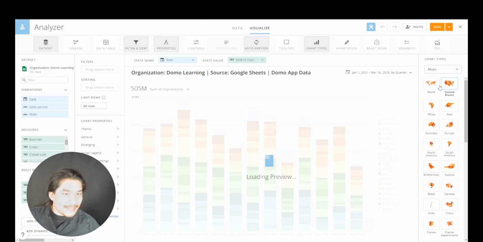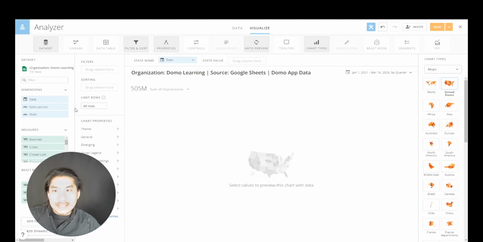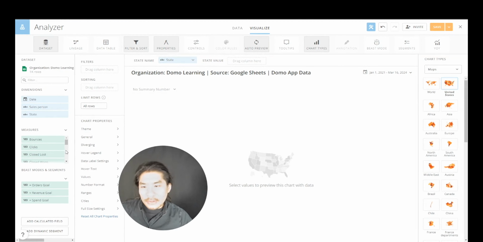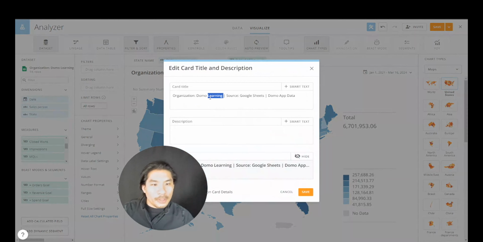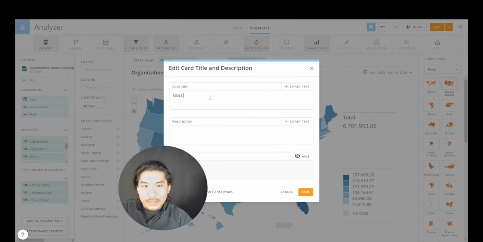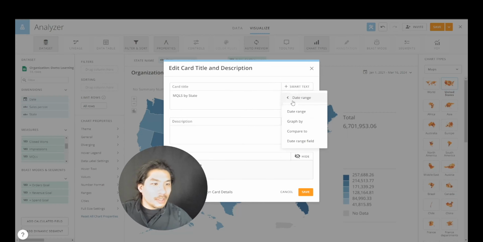And let's pick United States. And state name, we're going to pick state. I'm going to take off the summary number. And for state value, let's put in MQLs. MQL stands for marketing qualified leads. Doesn't matter. You can pick whatever you want. I don't really care. We're going to do MQLs by state. Cool. I'm going to hit that little plus sign, create,